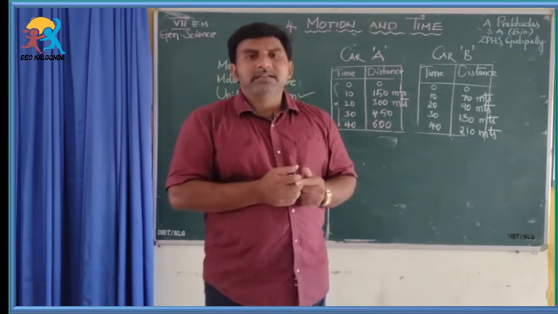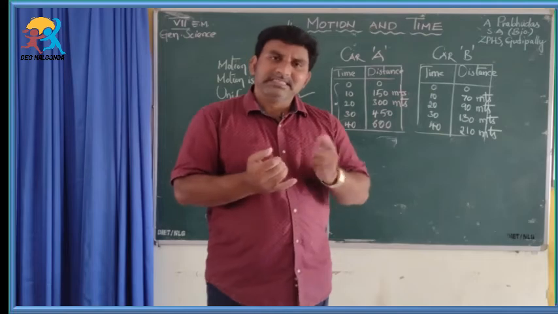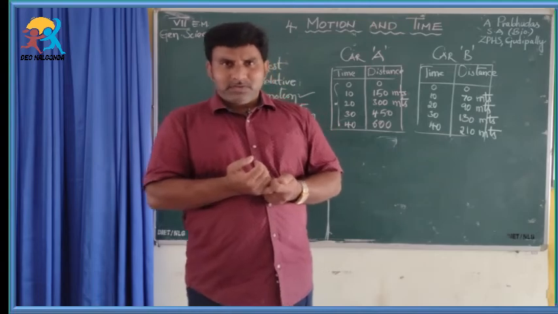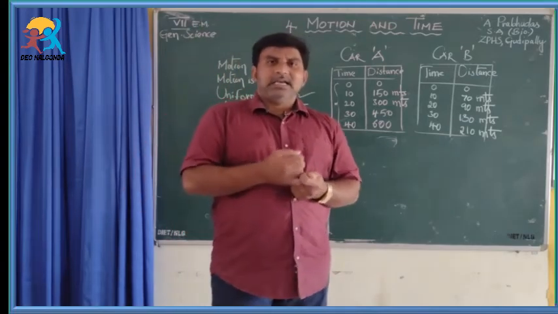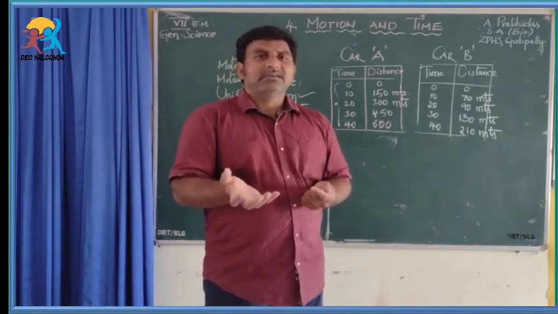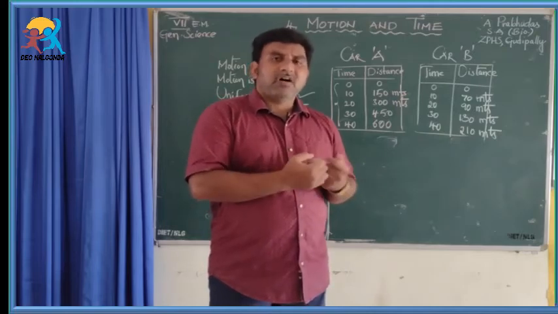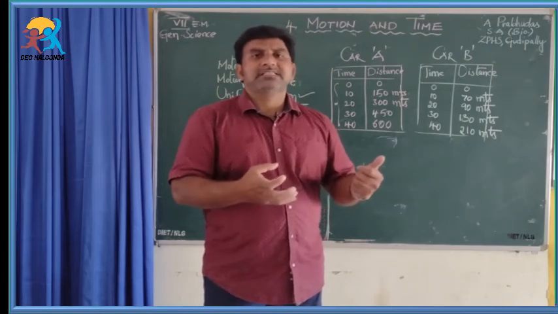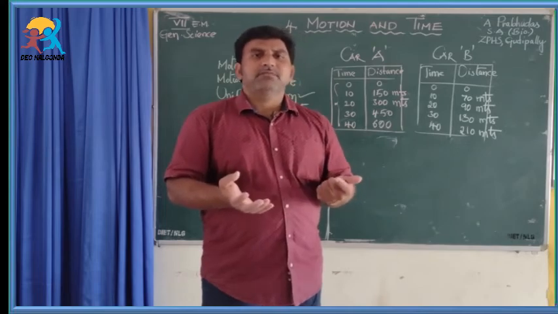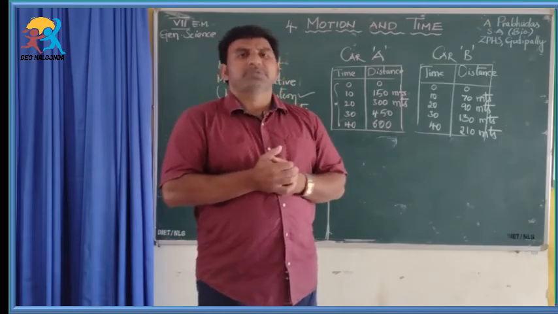And next, movement of a house fly. Can you say, does the house fly demonstrate uniform motion or non-uniform motion? Yes, a house fly performs non-uniform motion because sometimes it covers a very small distance and sometimes it may cover larger distances. So, the distance covered is not the same with time. So, a house fly moving is an example for non-uniform motion.